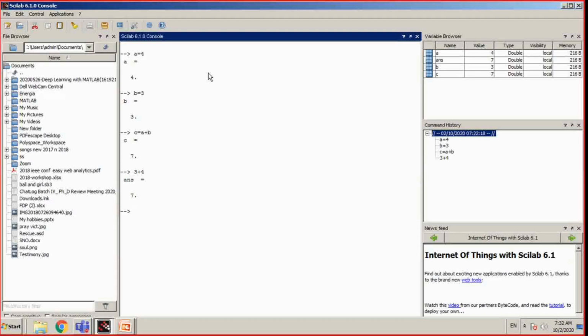You can use the arithmetic operator minus, 3 minus 2, you get the value as 1. Similarly, you can go for division, 9 divided by 3. Likewise, you can use any arithmetic operator and you can use this particular console as a calculator. So that is Scilab as a calculator.